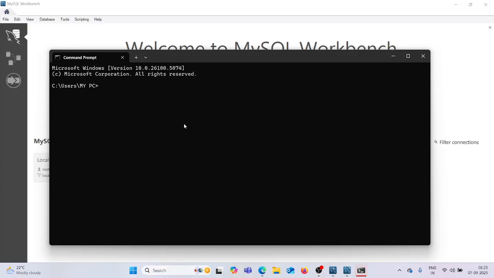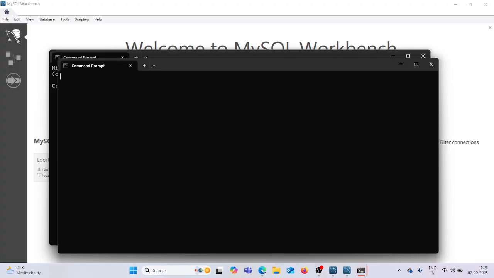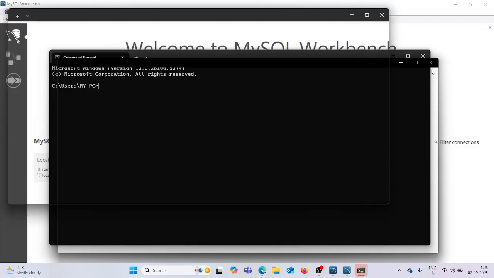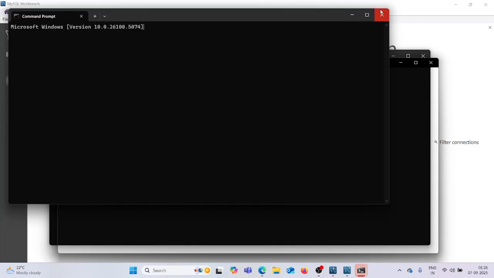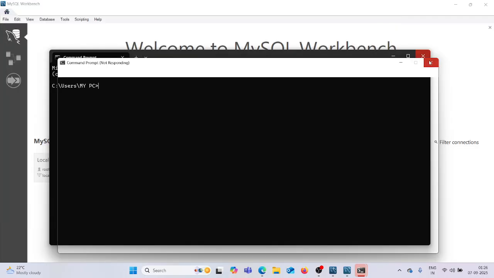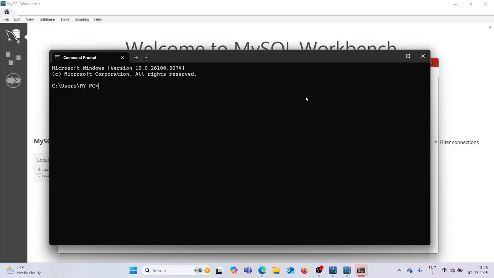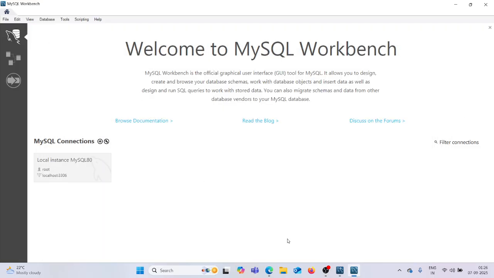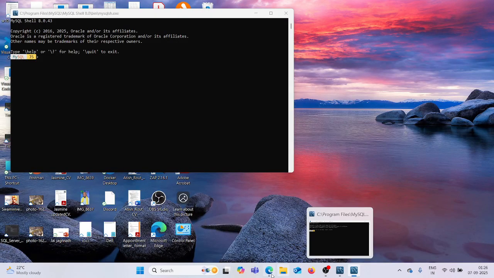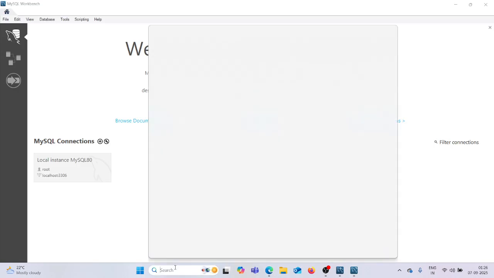Now in the command prompt, I want to know about the MySQL version. So I will type mysql space hyphen hyphen version. Why am I getting this?